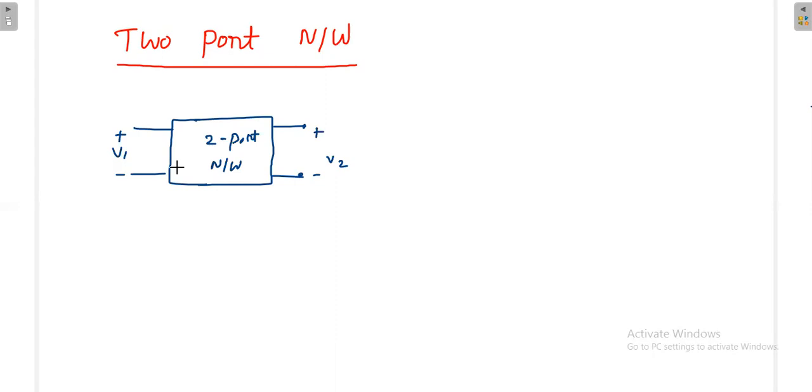Whenever we discuss a two-port network, irrespective of the actual current flow in the circuit, here we'll call it current I1. Here we'll call it current I2. Remember, the I2 may actually be leaving, but we do not know. But with respect to the convention of two-port network, both input current I1 and output current I2 will always be taken as entering into the two-port network. In reality, it may be going outside or inside, that we do not know.